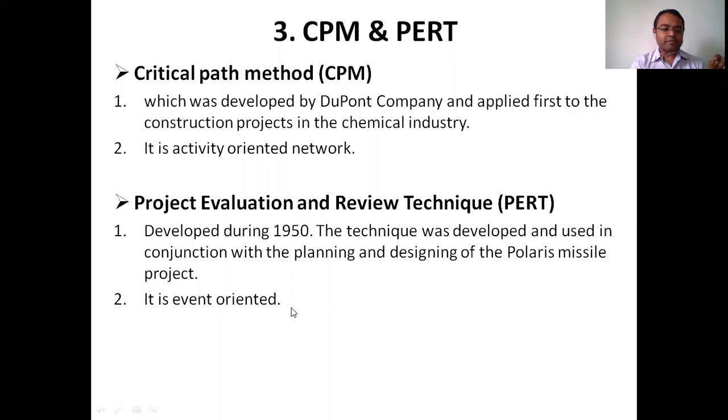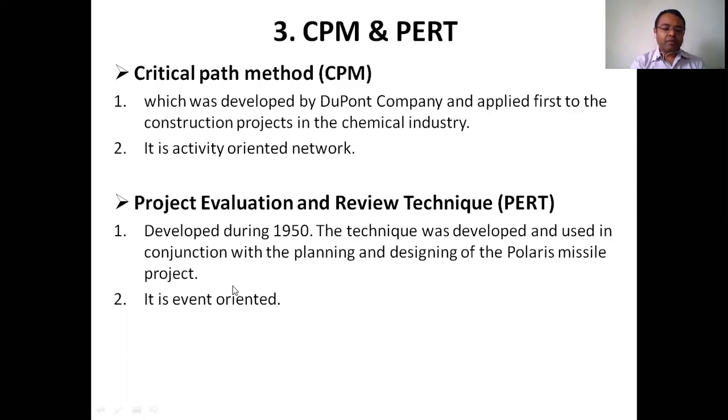Of course, for an event, we do not require any material or manpower. It is just an event. But for an activity, we require money, manpower, and machinery. By occurrence of a number of activities, then the event can occur. So an event is dependent upon the number of activities. A number of activities have to be performed, then one complete event can be executed.